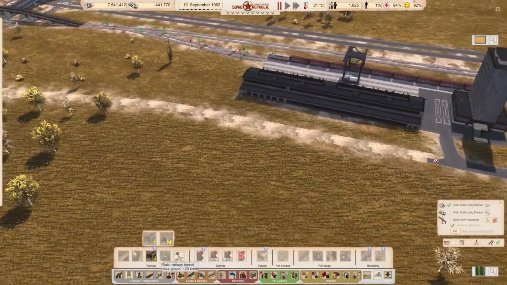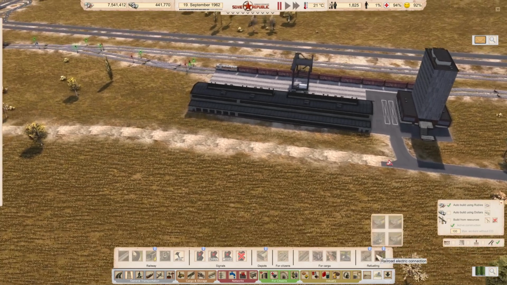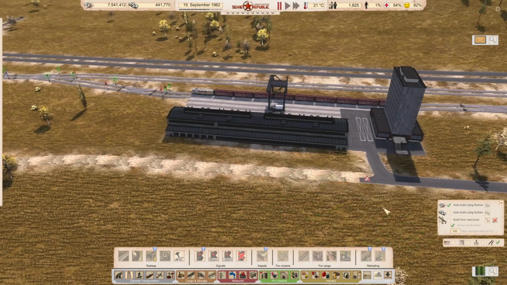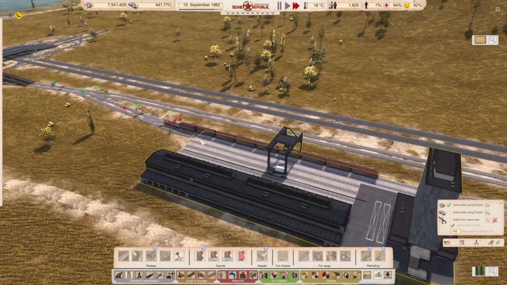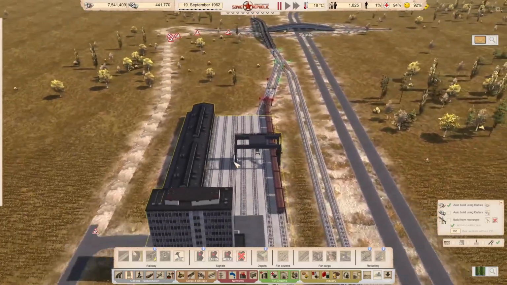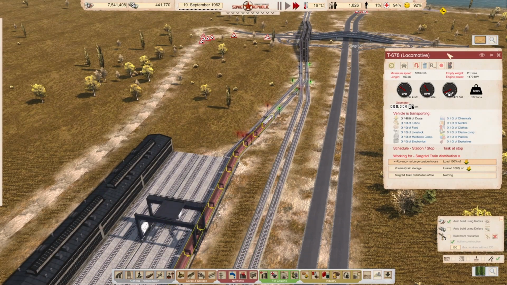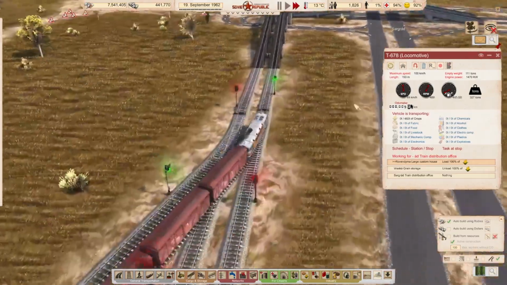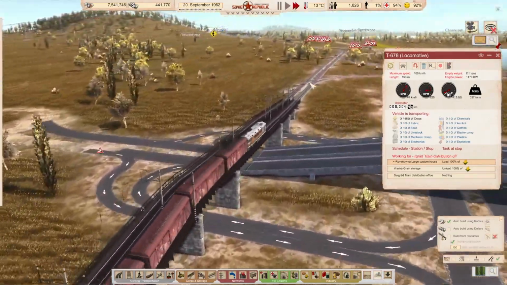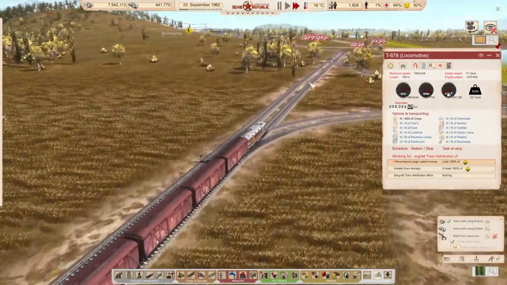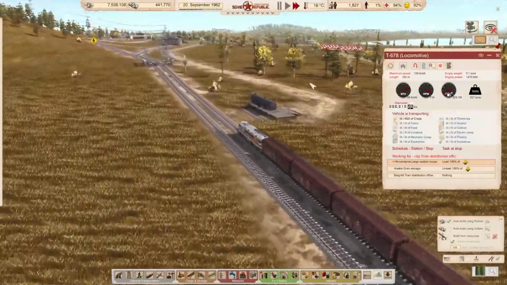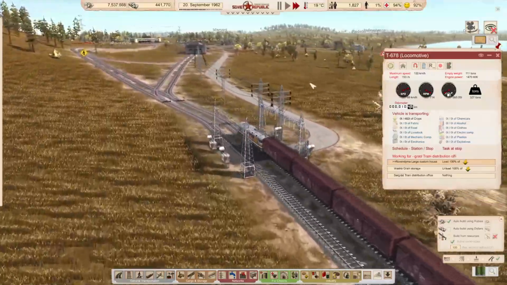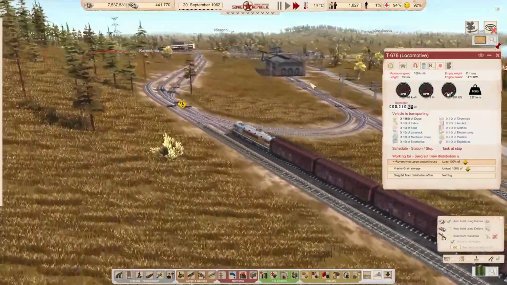Because that means you don't have to put diesel fueling stations out on your tracks, because trains assigned to a distribution office will always show a priority towards going back to their distribution office to refuel, assuming that there is actually fuel in the distribution office. So you're going to have to make sure you've got plenty of fuel in the distribution office, especially when you're doing manual supplies. And that's probably a good segue into what I'd call hybrid running, because one of the advantages of having diesel trains that are working from